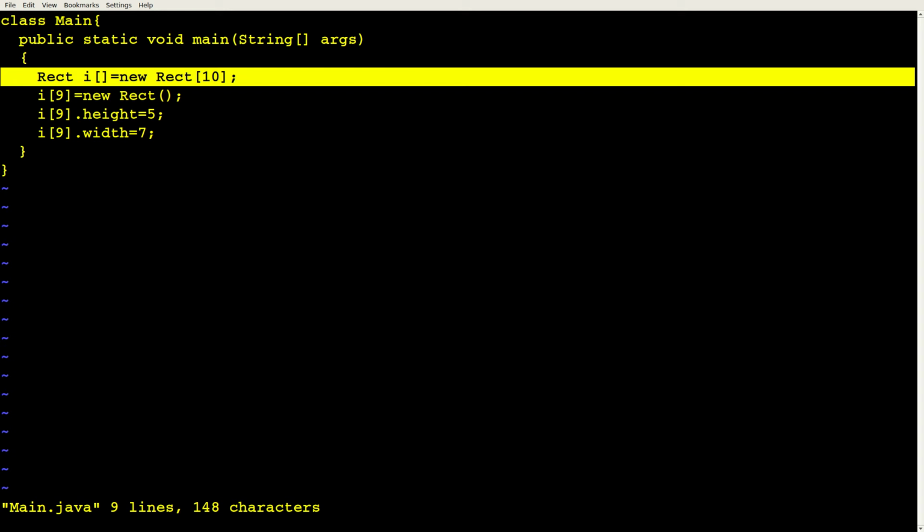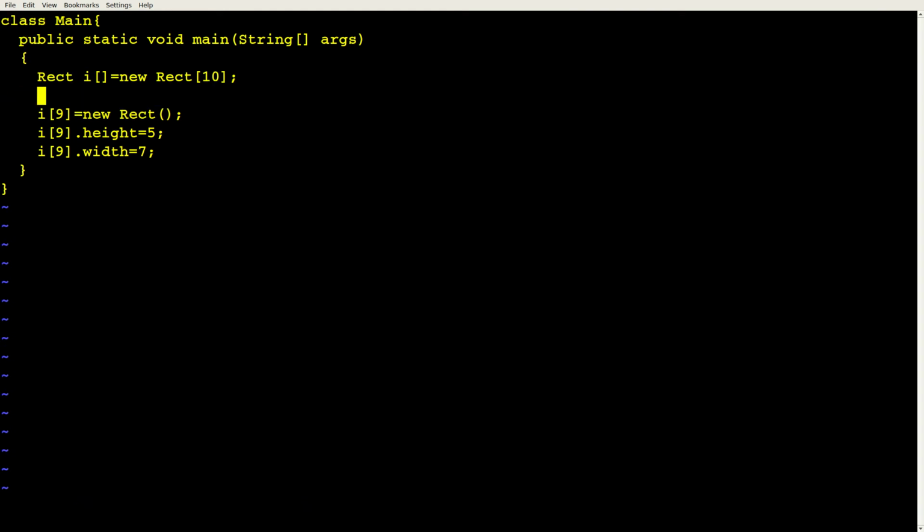All right, so arrays of objects, we always have this kind of two-part construction. We use new to construct the array itself, but then you have to use new to construct the actual elements.